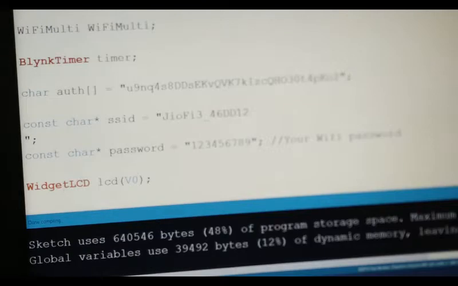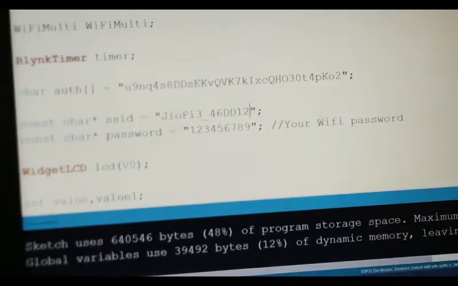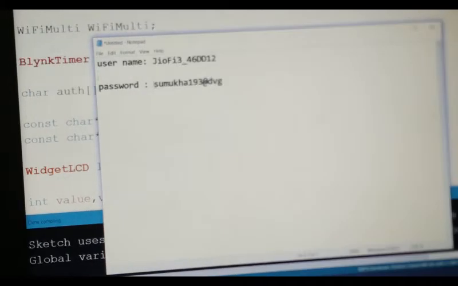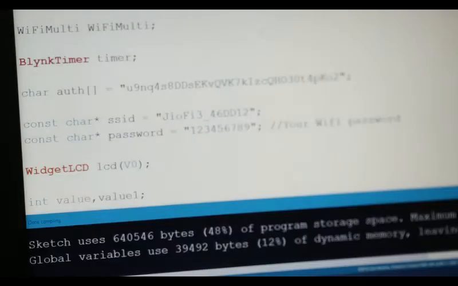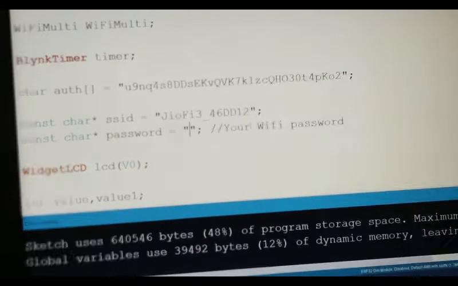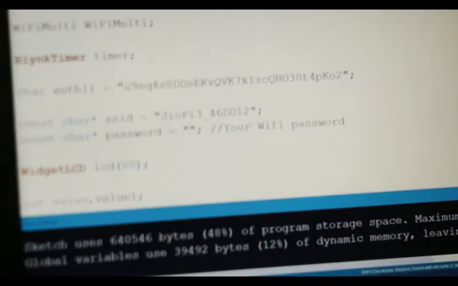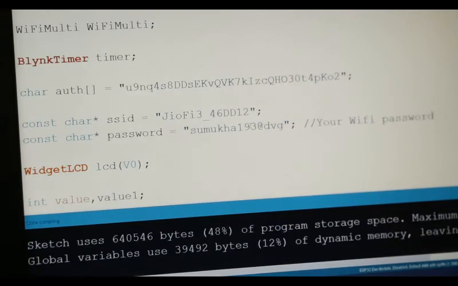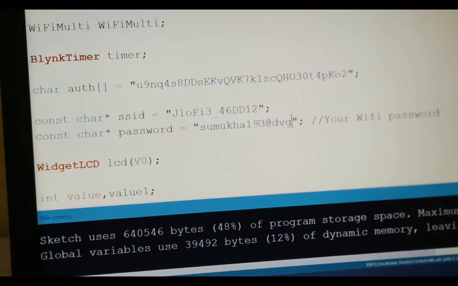So this is my SSID and my Wi-Fi password. Okay, so this is my SSID and password.